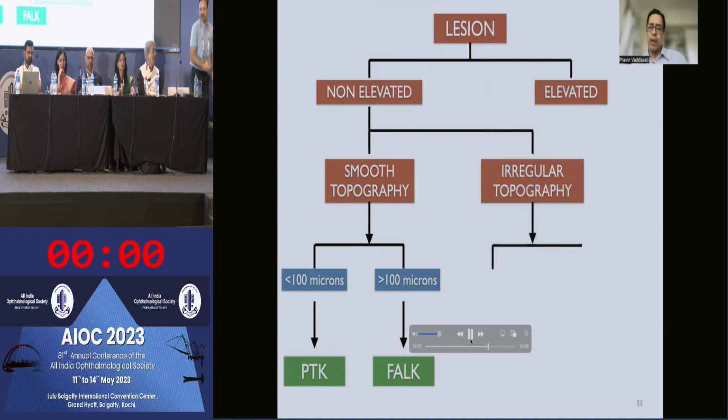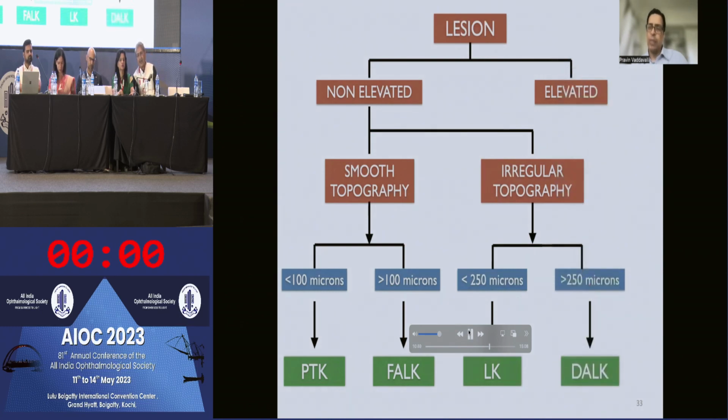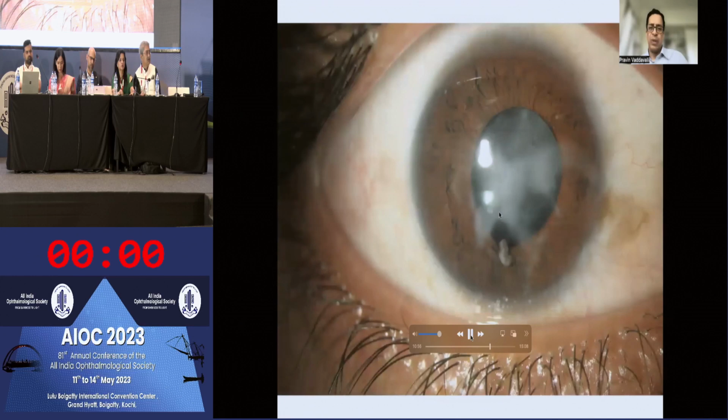But if you have irregular topography, and if the lesion is less than 250 microns, then LK or ALK or SALK is a great alternative. If it is irregular and the lesion is deeper, you might actually be better off doing a DALK as well. So now, where does this fit in? You see that superficial anterior lamellar keratoplasty is